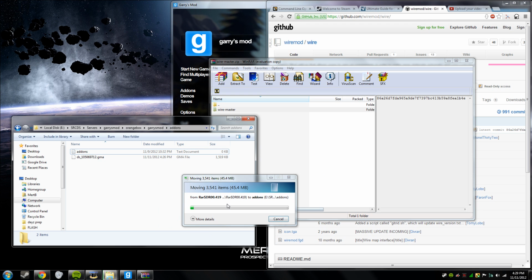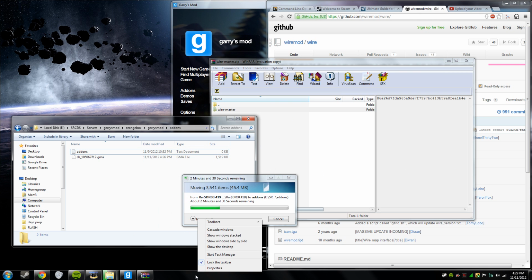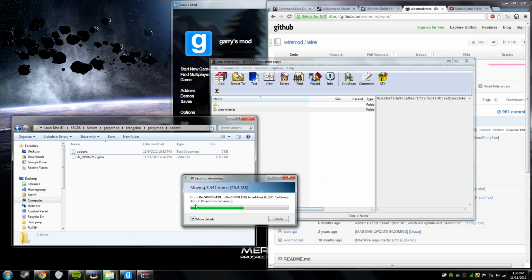Let this load. And actually, this main folder called WireMaster could be called anything. This is odd. It usually never takes this long. I must have something in the background running. Don't worry about it. There it is, 30 seconds. Anyway, so this WireMaster folder could be called anything, so you could just simply rename the folder to Wire or WireMod. The thing that defines an add-on is in the add-on docs.txt, which I will show you as soon as